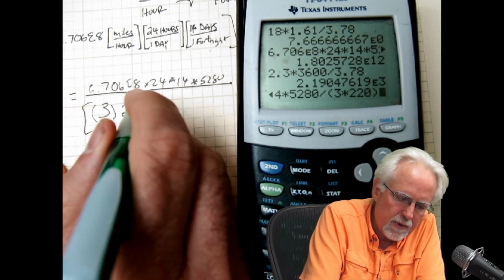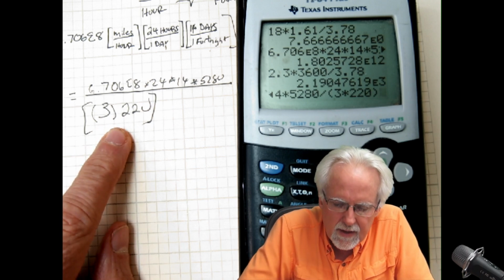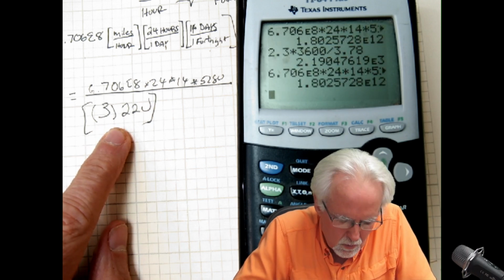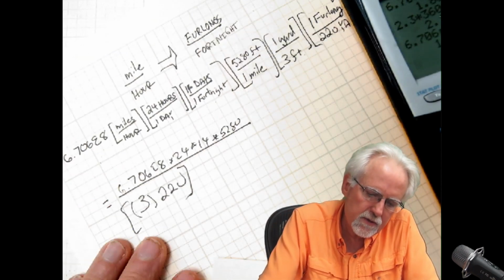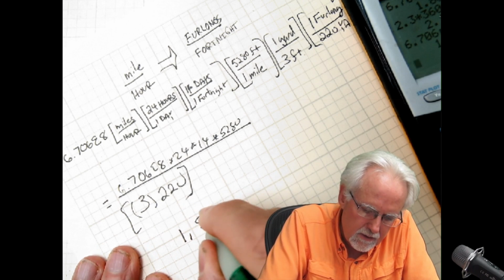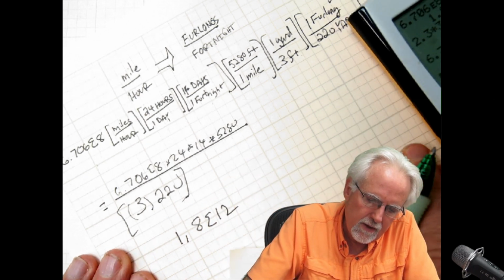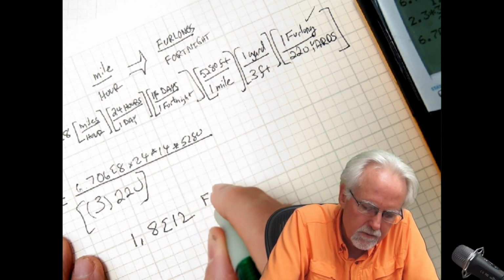I'm dividing by those two multiplied together, and that is equal to 1.8 e to the 12th. So the answer is 1.8 e to the 12th, and my units are